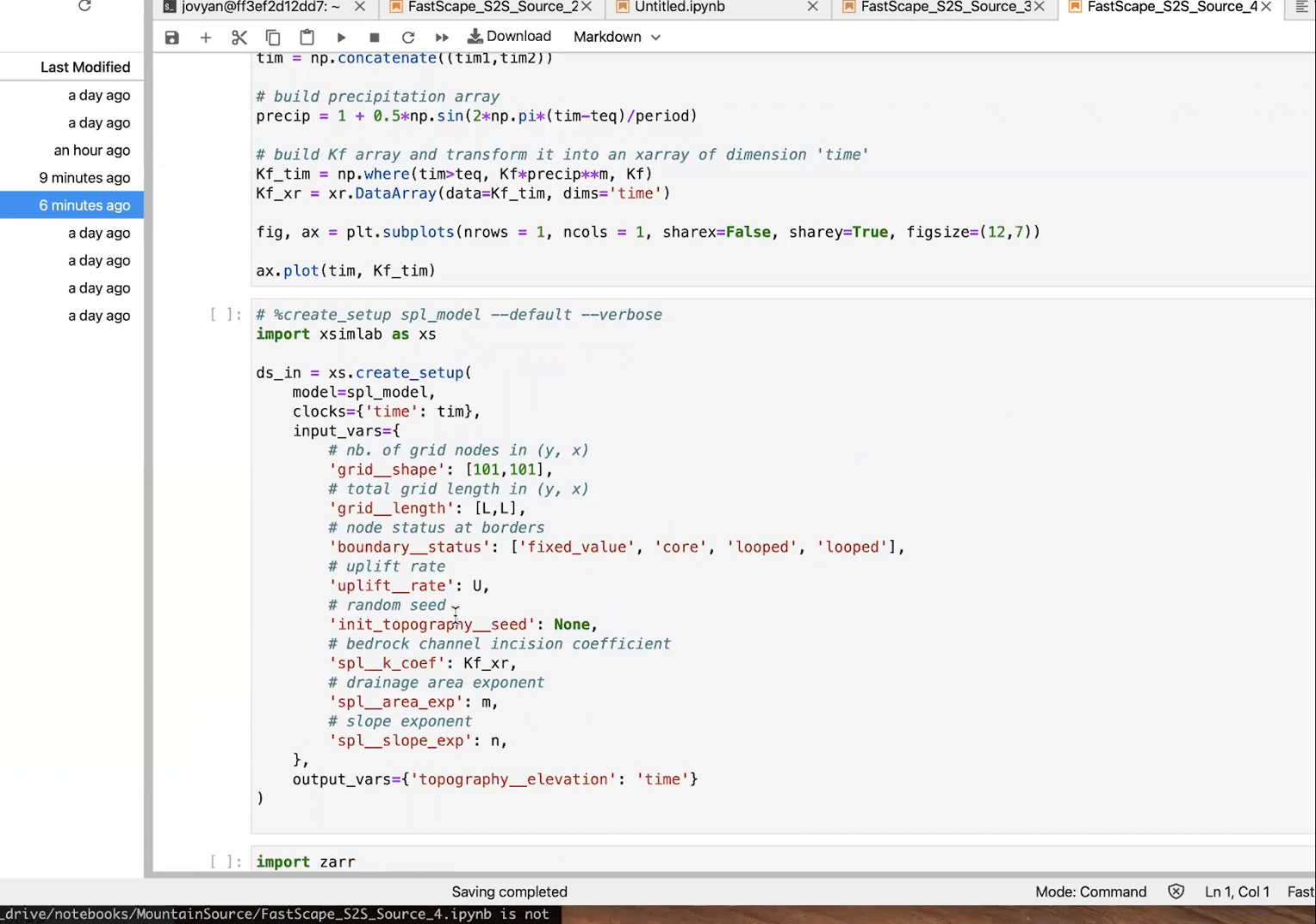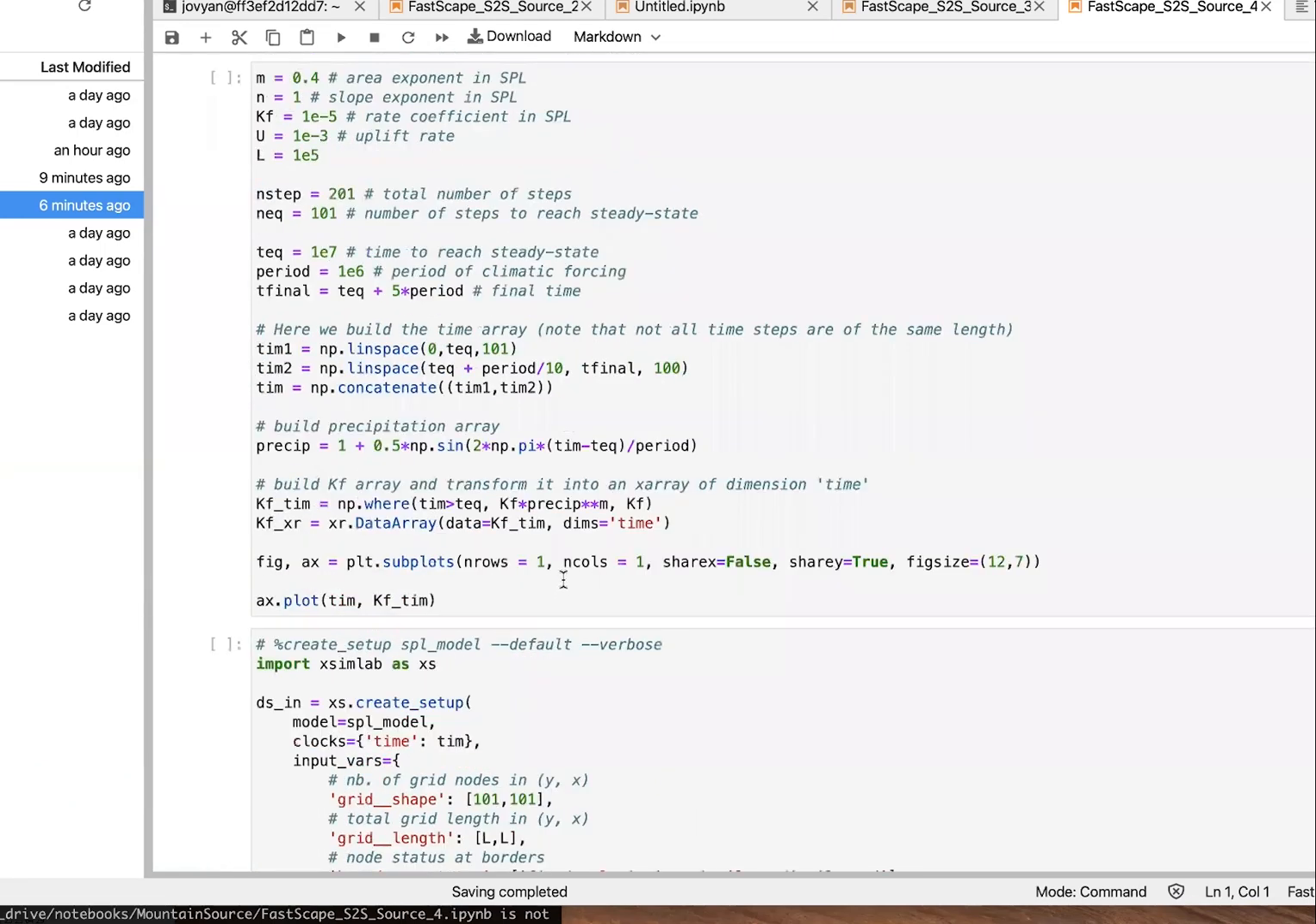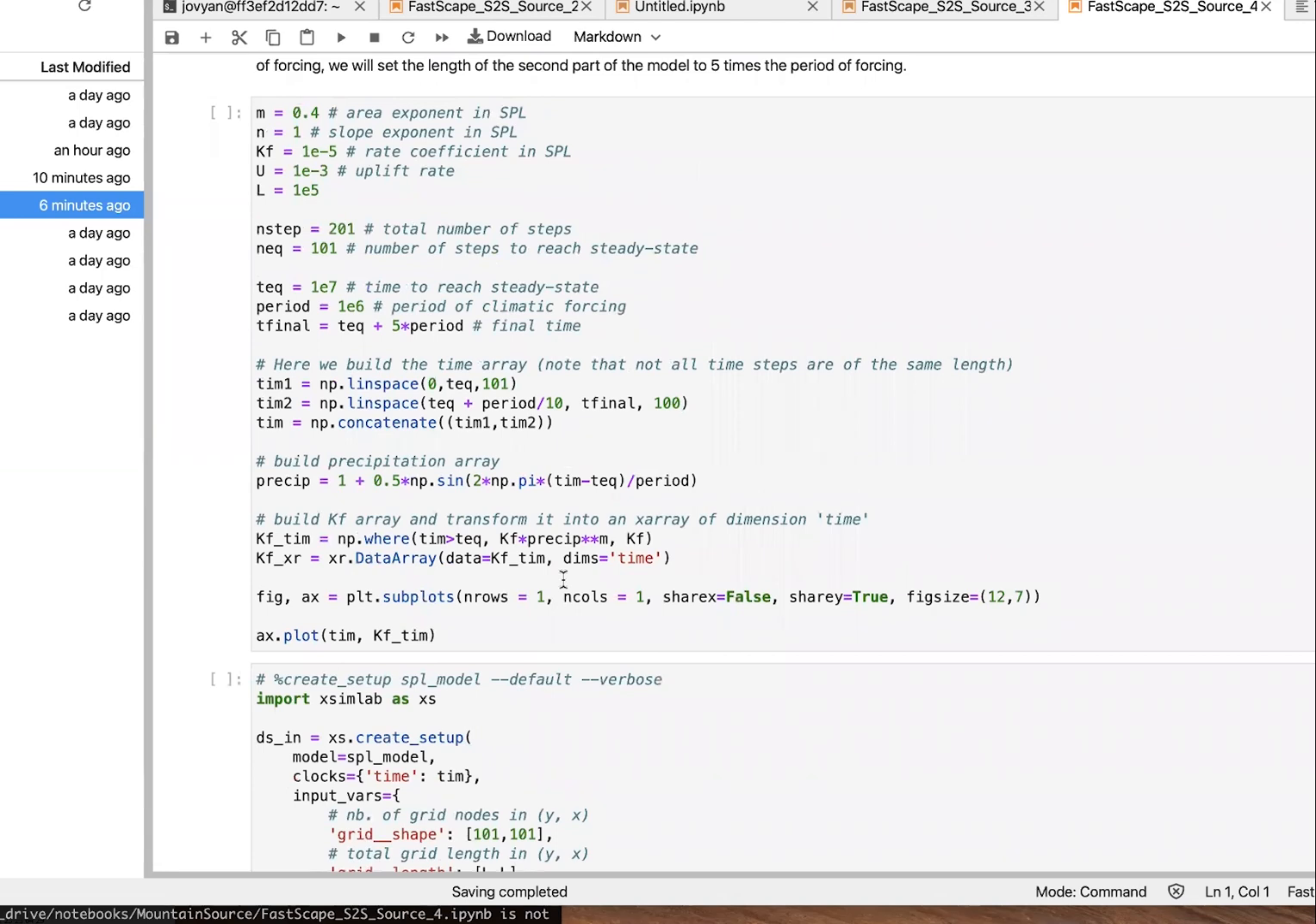That corresponds to a different precipitation, and it will do it properly. Okay? So to do this, we can go through this cell together. I'm not going to type it all, so let's look at it. Here I'm defining all the parameters as variables: n, kf, u, and l, and I'm going to put them